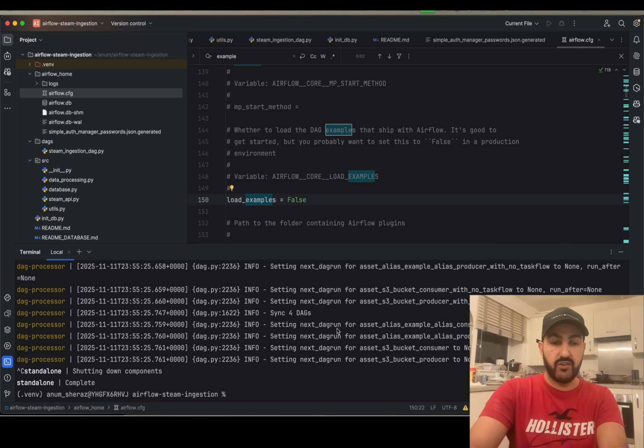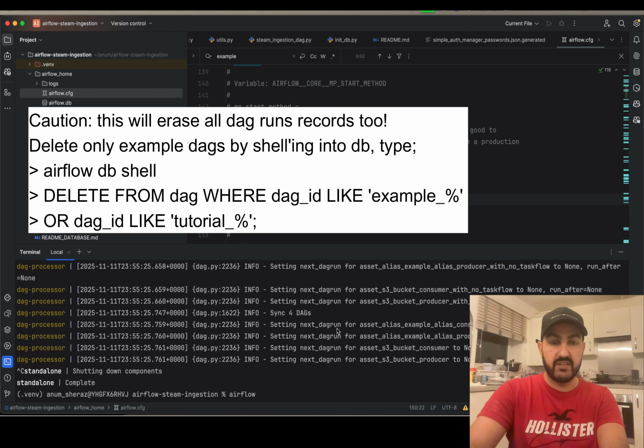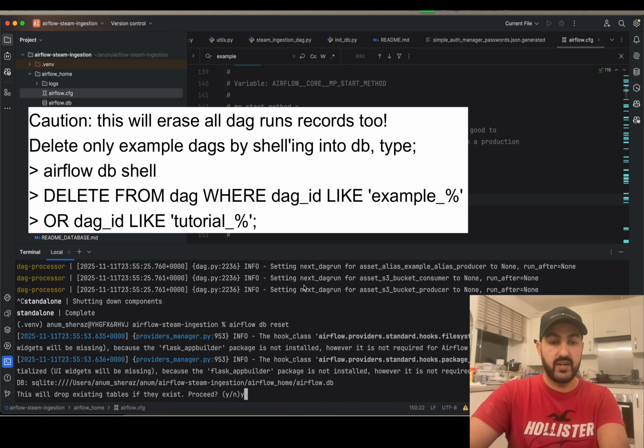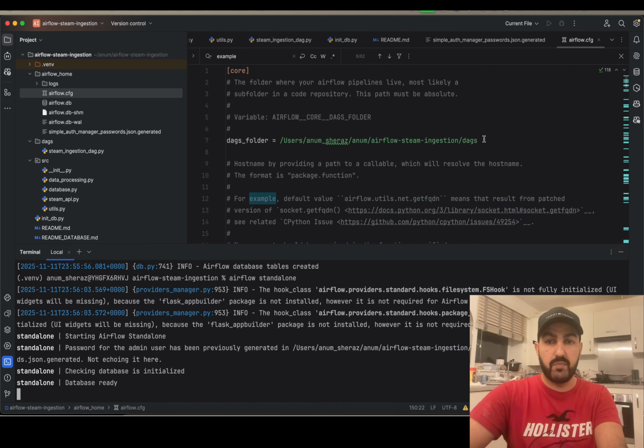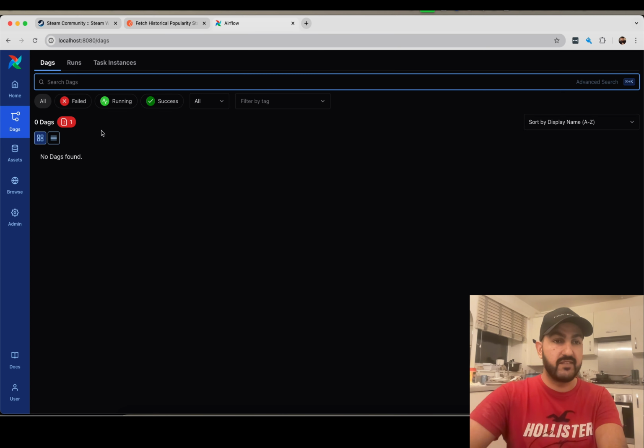So before running it, you need to make sure that you clear the database because the example DAGs are already loaded and stored in the database. So you say Airflow DB reset, go ahead, yes. And now run Airflow standalone again. It should now pick up our DAG from this directory. I can see no example DAGs are being populated now, which is good,